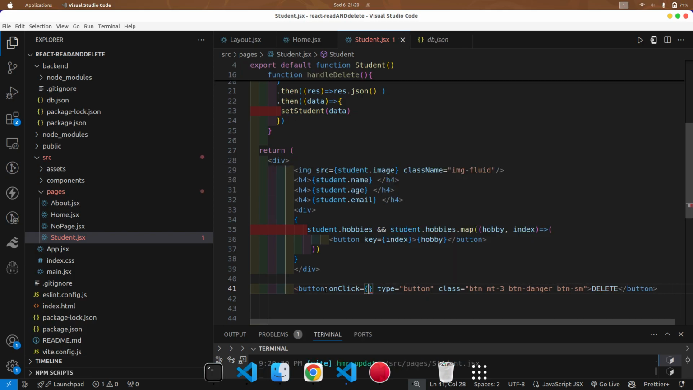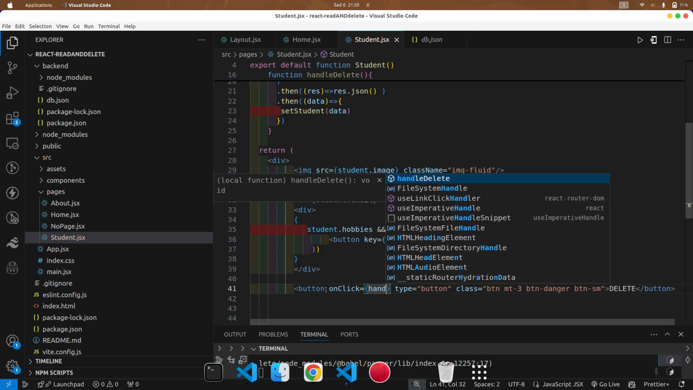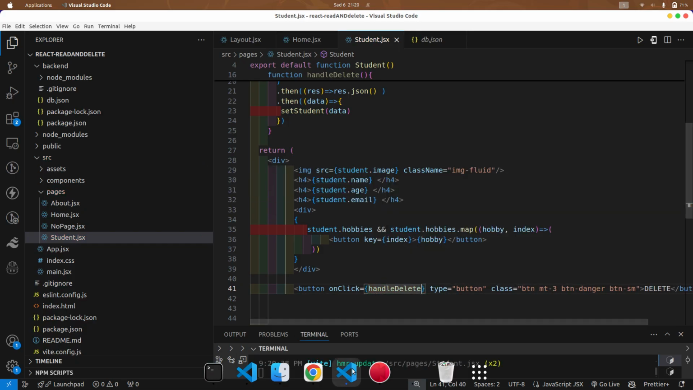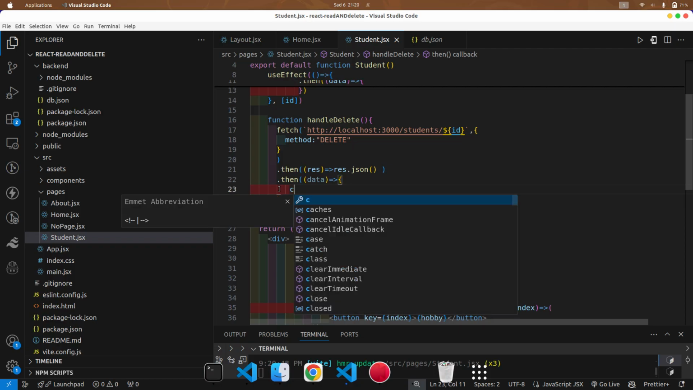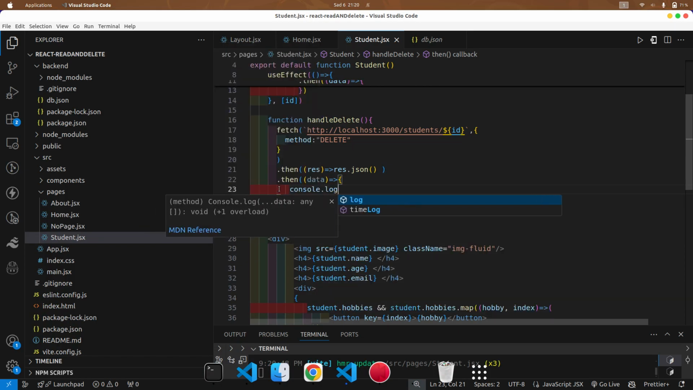I think I don't even need an anonymous arrow function because I don't need to pass any argument. So I'll just say handleDelete. So when I click, it will just call handleDelete. And then inside here, we should get a success message, so I can even do a console.log